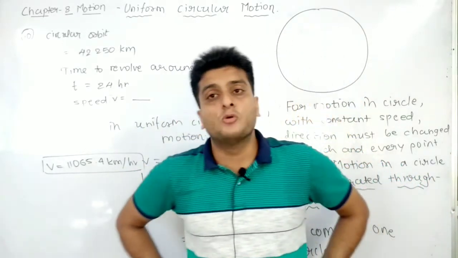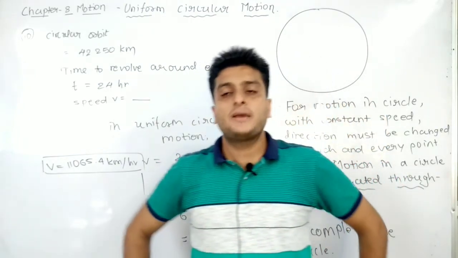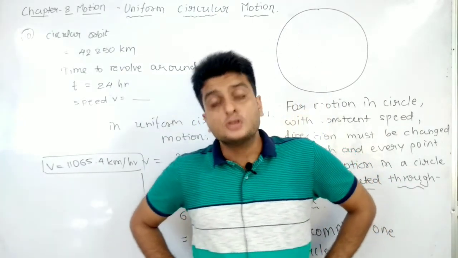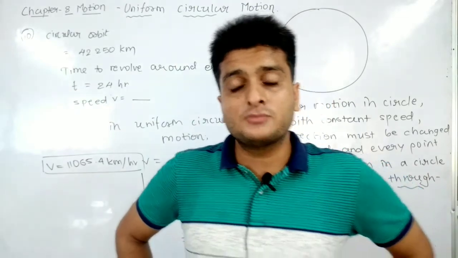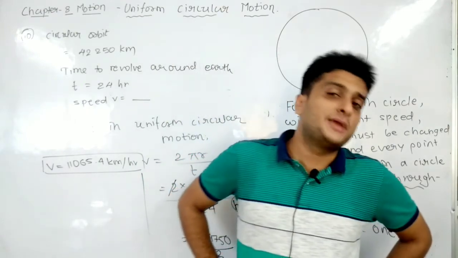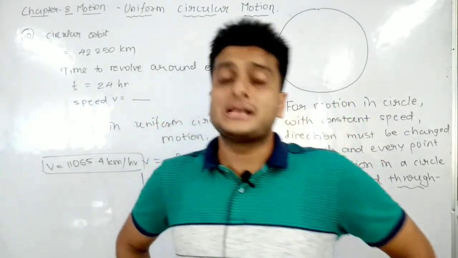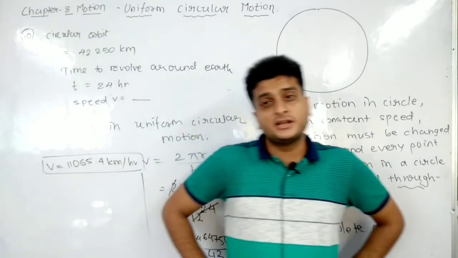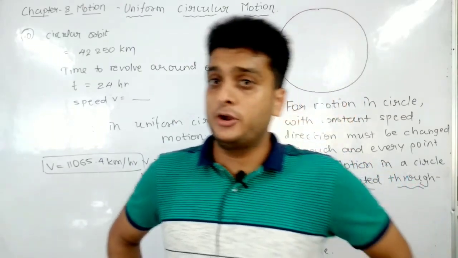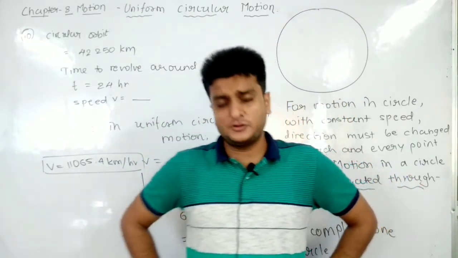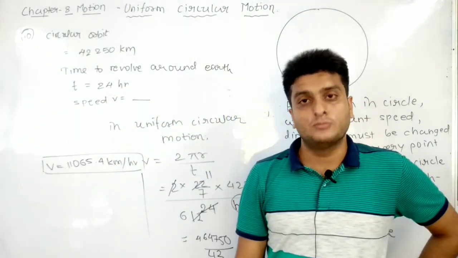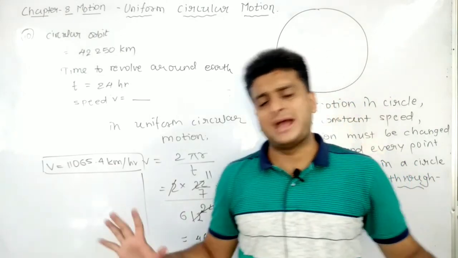Now this entire chapter of motion is completed. Let's have a quick recap of what we have learned in this entire chapter. We have started with what is called motion. When the object changes position, we can say the object is in motion. We have seen the distance traveled as well as the displacement. We have seen speed and velocity. We have seen acceleration. We have seen graphical representation of the motion. Then we have seen formulas of uniformly accelerated motion, very important from your exam point of view. We have solved numericals based on all the topics, and at the end we have learned about uniform circular motion.